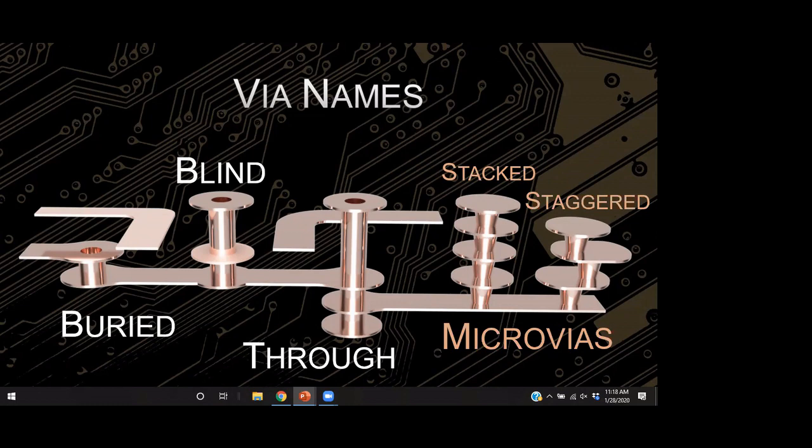I believe that to mean, Elijah, yeah. If I call out a 5.9 mil drill, am I getting a 5.9 mil drill, or am I getting something a little different? Oh, you know what it might be too? What happens to the hole after the plating? I'm not really sure which way he's going with that. Okay, well, either way,